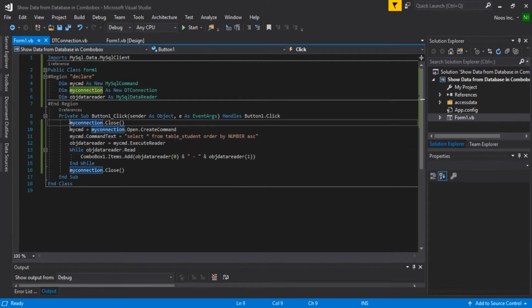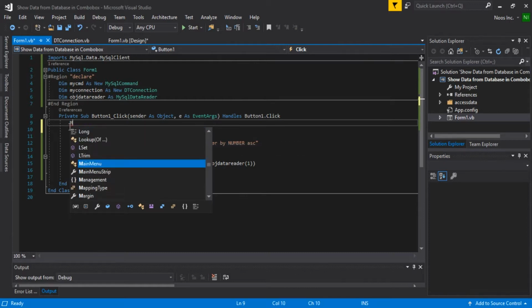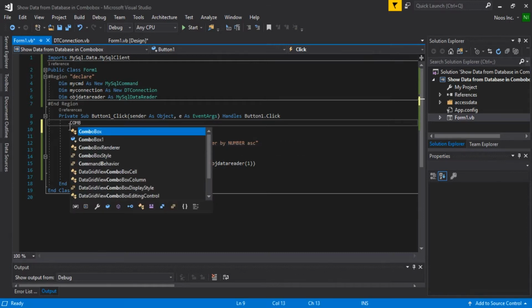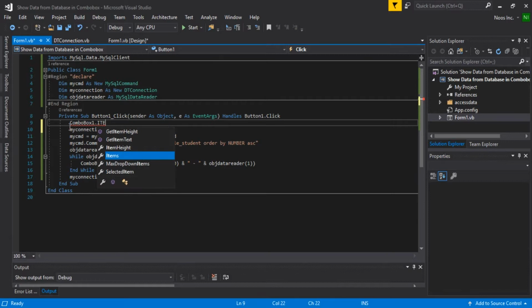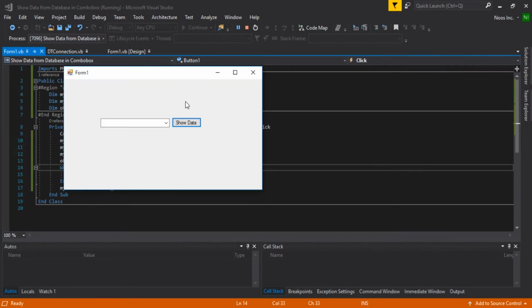Just add in here combo box 1 dot items dot clear. Just do this. Okay, show data, and click again. Okay,